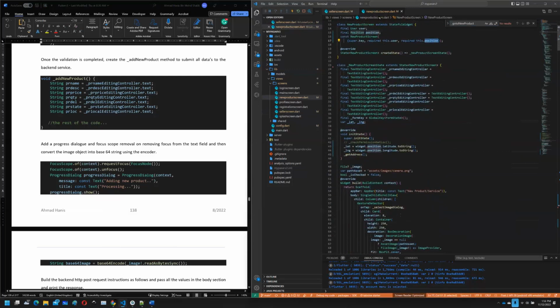And now, as you can see in the new product screen, I have disabled the check permission get log, and we should be able to retrieve the latLng information from widget.position. So from this class, from this object here, we can retrieve the information passed from the previous class through widget.position.latitude and also longitude, and then we apply it to the LatLng,